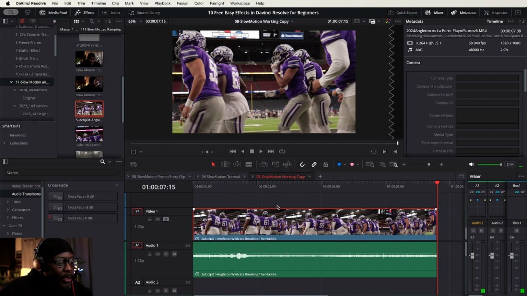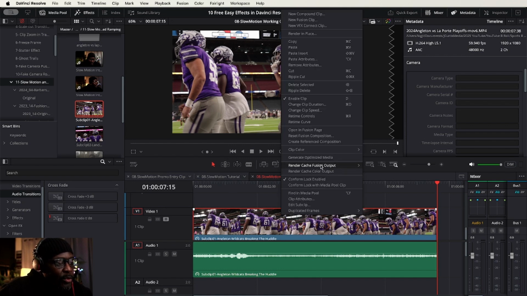Okay. So now I'm going to put that back. Now, so that's the first way. That's easy, simple. All you have to do is just reduce it. We know it was shot at 60 frames a second. And in order for us to